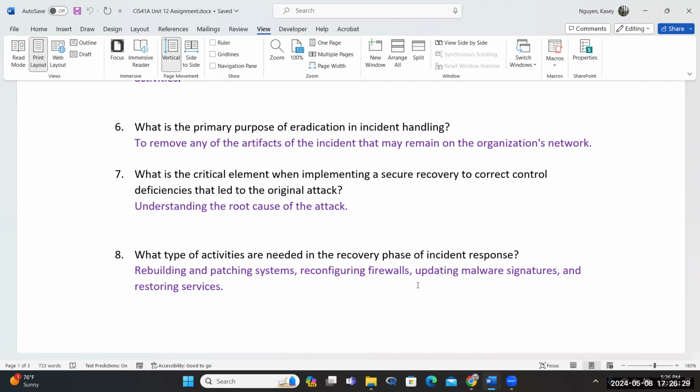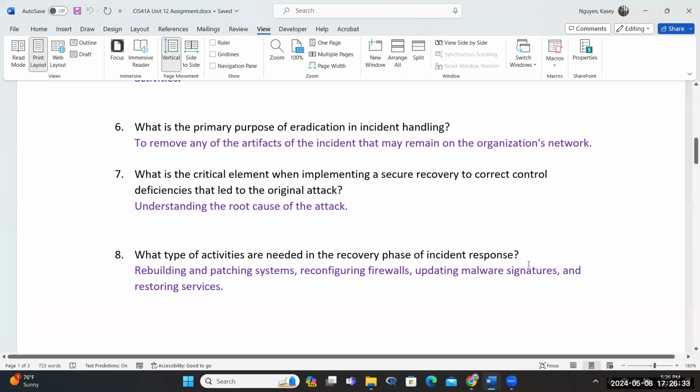So once you rebuild, you have to patch them to close out the vulnerability on the system, making sure that they're patched. Very important. Software updates, right? OS updates, sometimes driver updates, firmware updates. When you're dealing with IoTs, firmware updates.